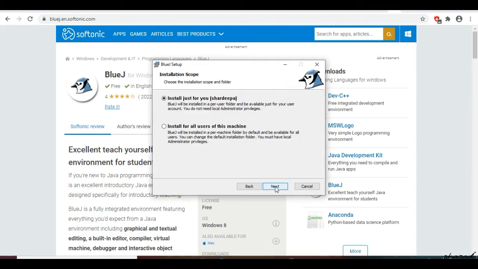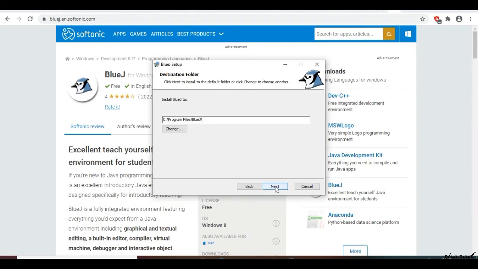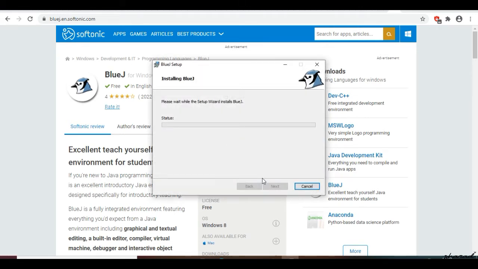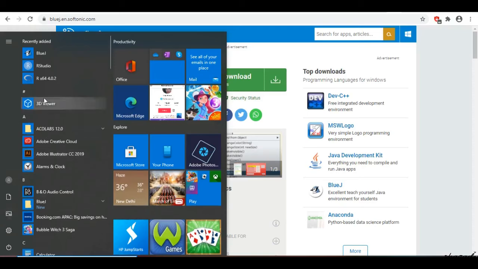A shortcut has been created on your desktop. Double click the BlueJ icon to open BlueJ.